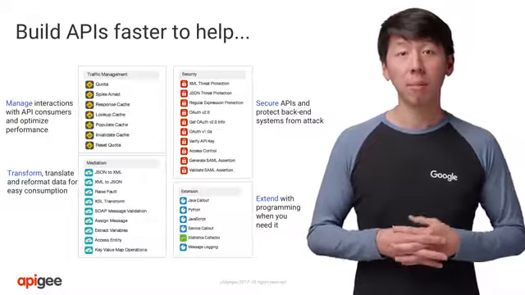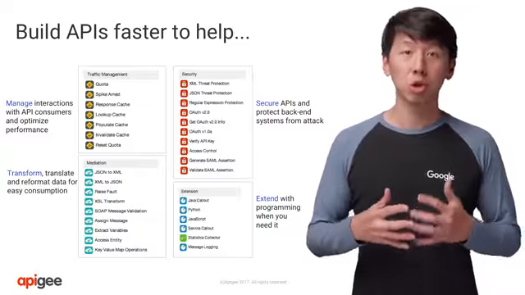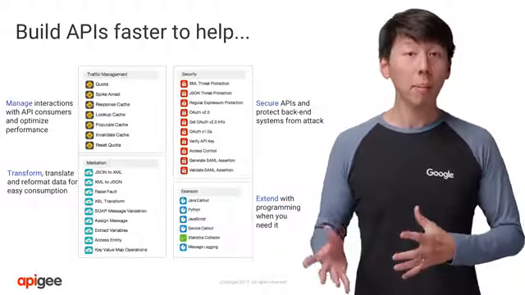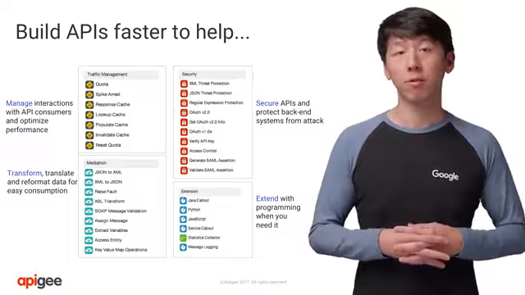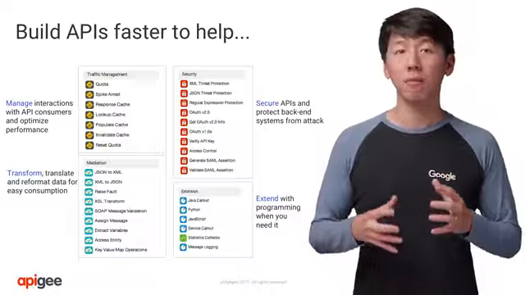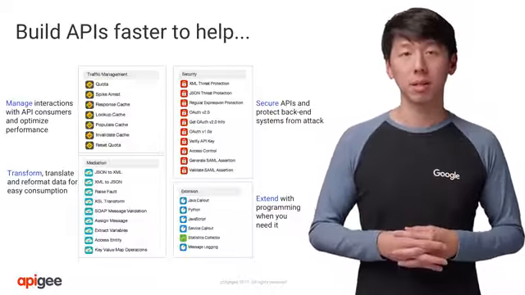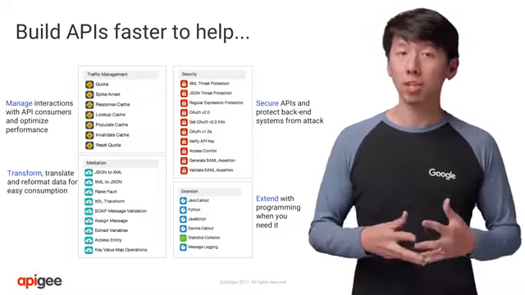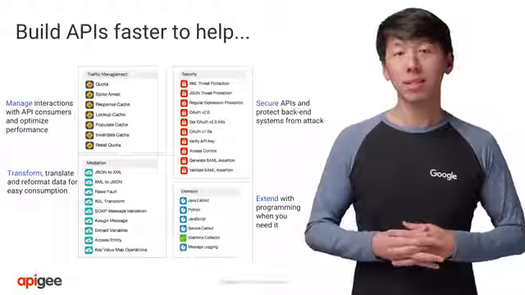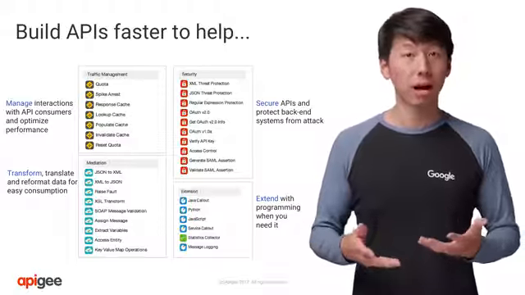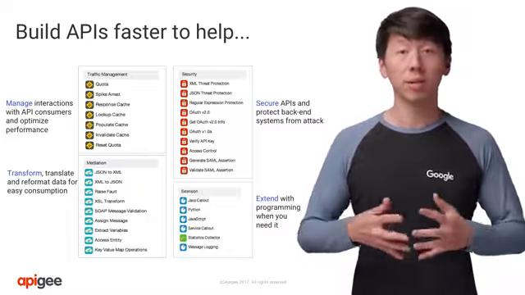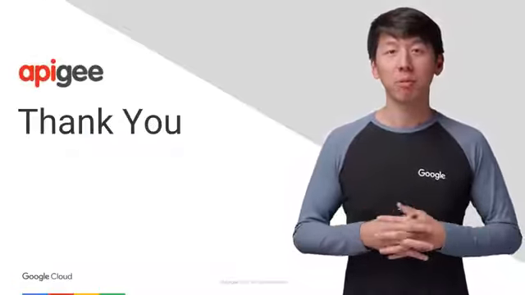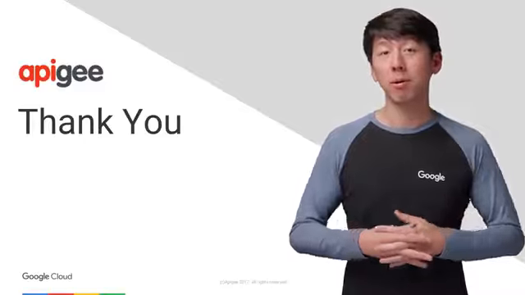These policies provide common, consistent, scalable, tuned implementations for common functionality. Complex problems are best handled via software development, or a combination of configuration and development. Apigee Edge enables you to solve these complex and unique needs through extension policies. You can write these extension policies in JavaScript, Java, Node.js, or other external services. Whether your needs are simple or complex, Apigee Edge provides you with the flexibility you need to build APIs faster.